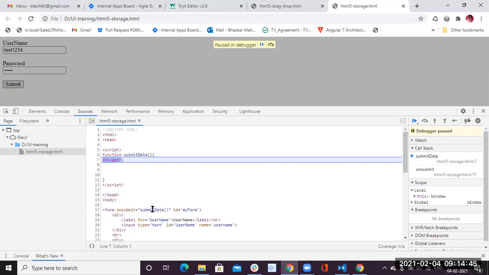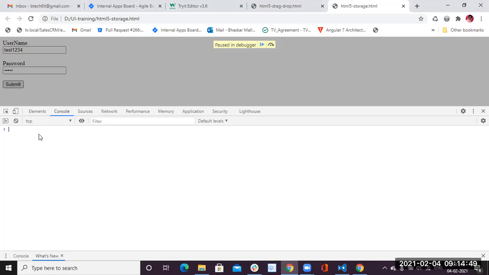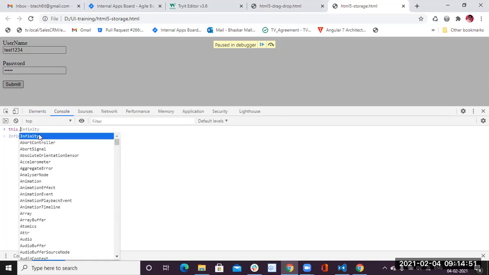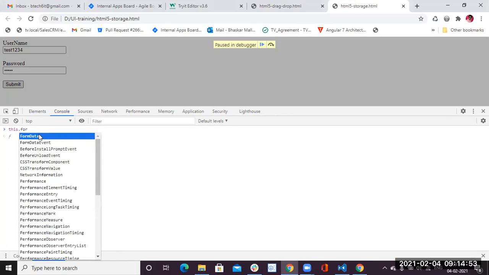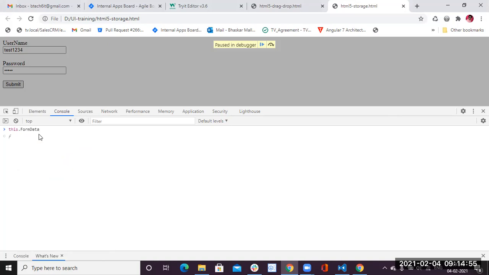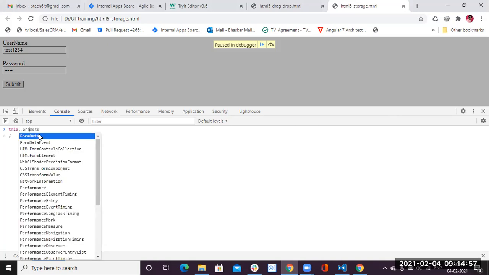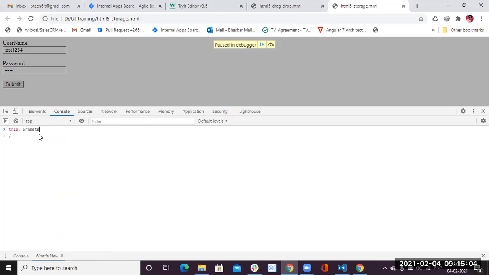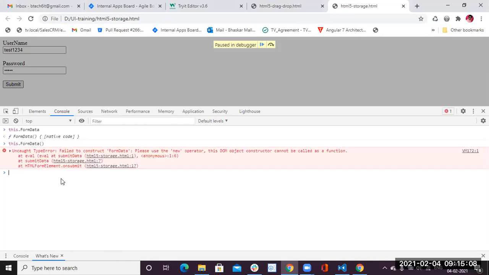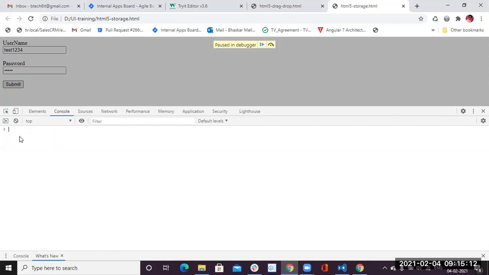That method will be called, and in the console we'll go. this dot form, window dot.